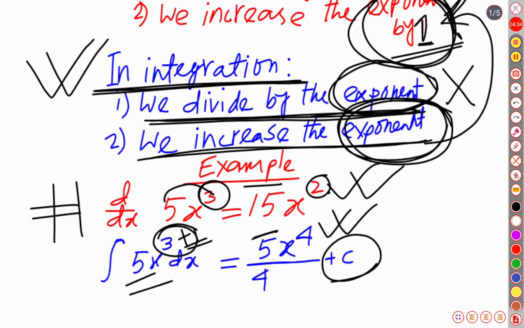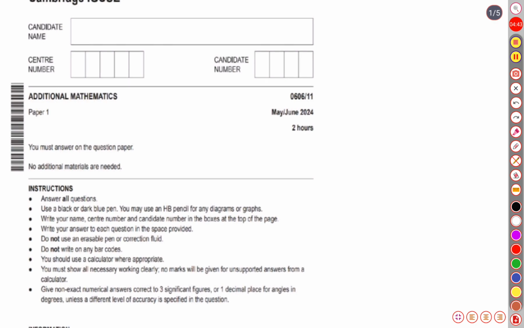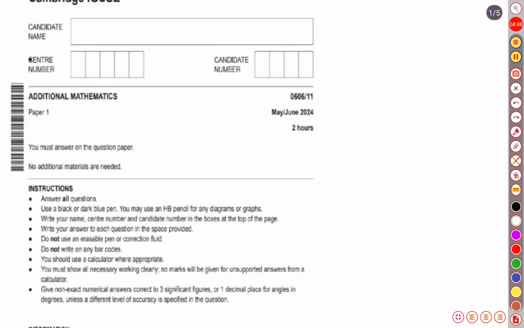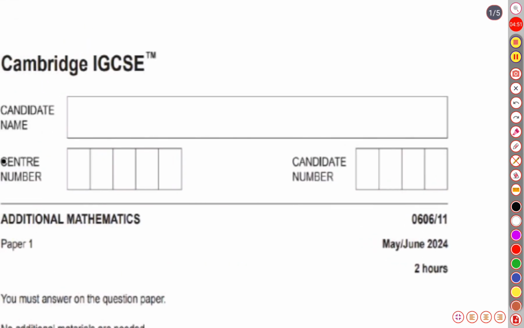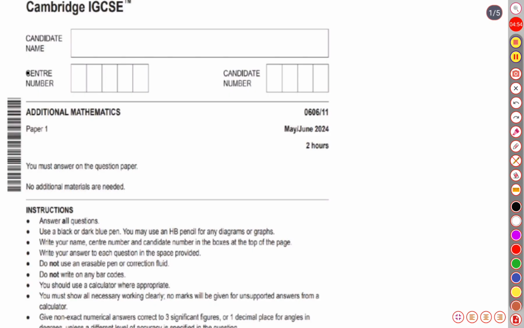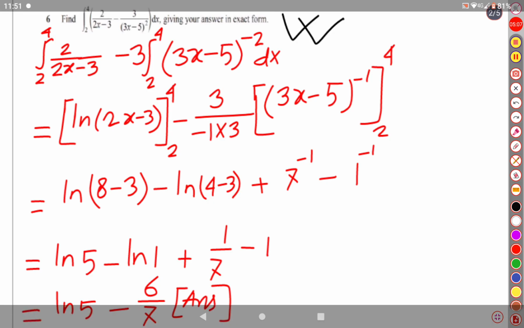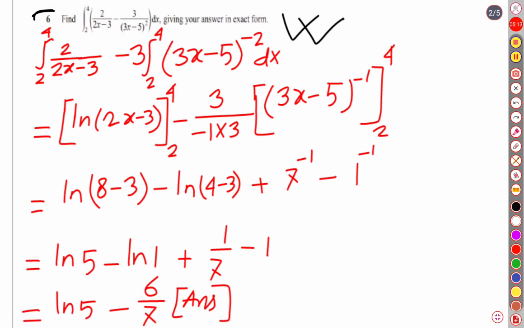So let's start. I think it will be clearer when we solve the questions practically. The first question we have chosen is from paper 0606/11. That means Additional Maths. Let's see question number 1. Already I have told that this question belongs to paper 0606/11 and it is question number 6. Question number 6 says,